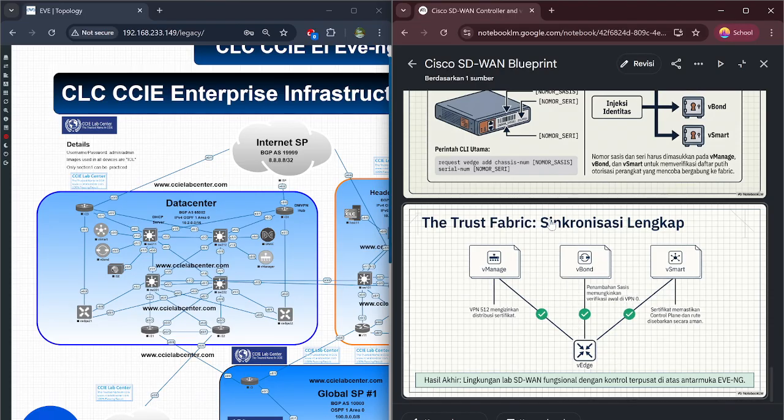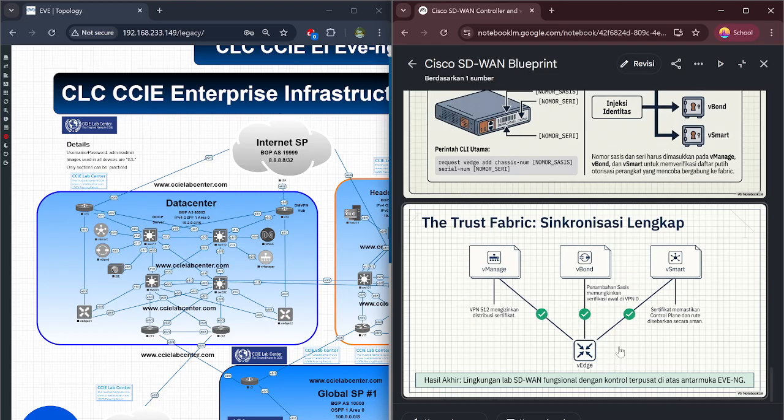And two, vBond: adding the chassis allows for initial verification in VPN 0, and vSmart. Certificates ensure that the control plane and routers are securely distributed.